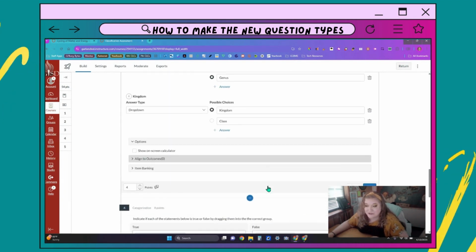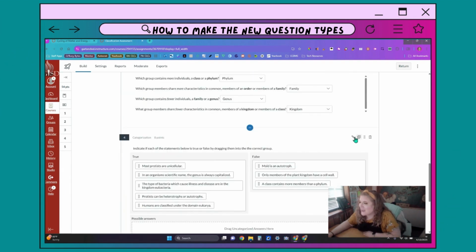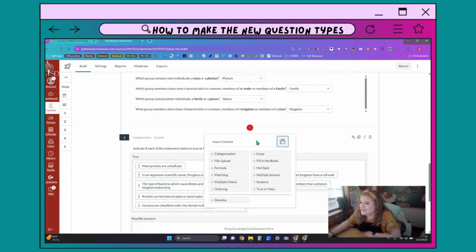You can also put in those distractors there as an option as well. Again, I just give 1 point for each. Now for the true false, instead of hitting true false, I will actually do categorization. And when you add categorization,